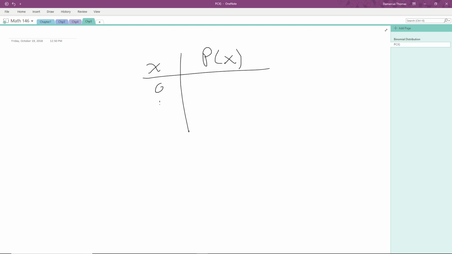There's actually different outcomes. There's 0, 1, 2, 3, 4, and 5. And the probability of 0, let's see, I need to go back to my notes on that. Oh, it was extremely small. It was like